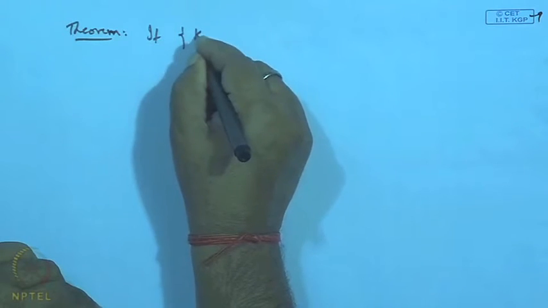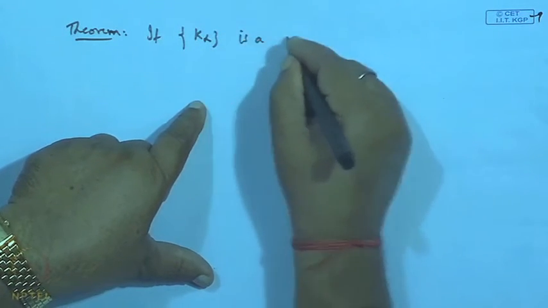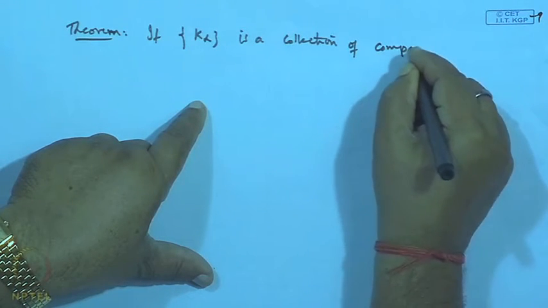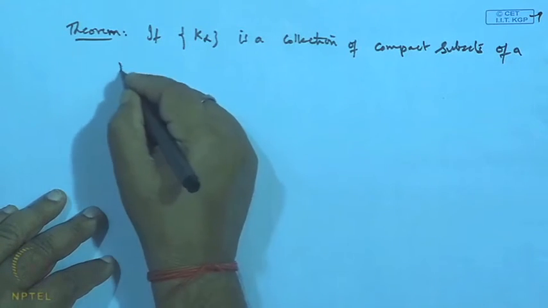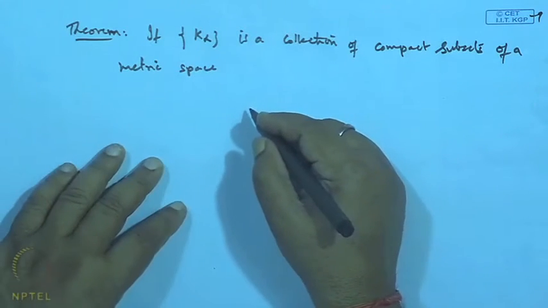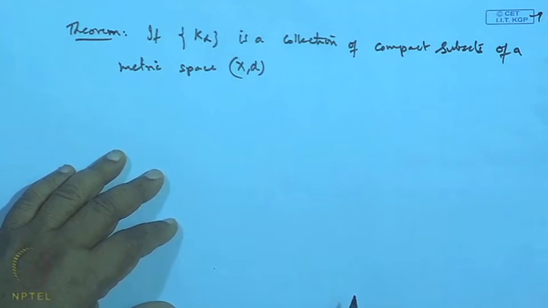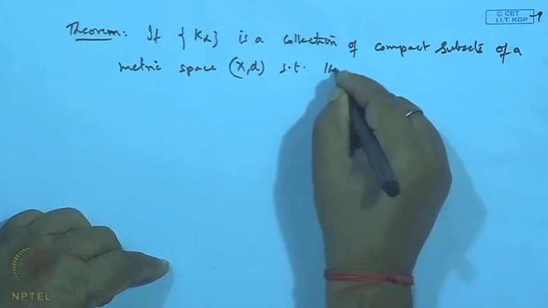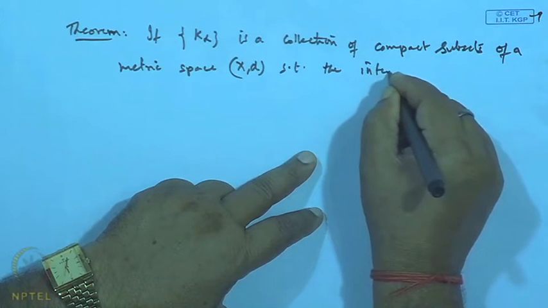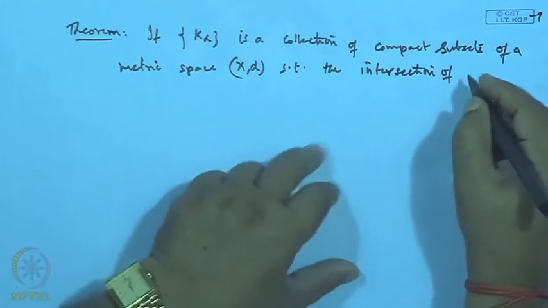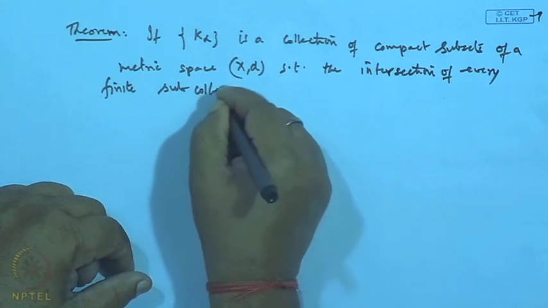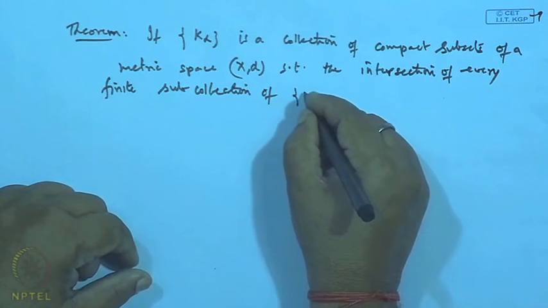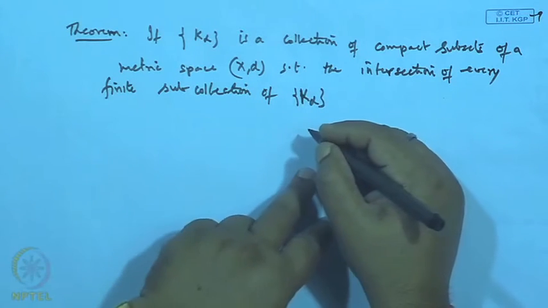The next result is also an interesting result. If K alpha is a collection of compact subsets of a metric space, say X, d, and such that the intersection of every finite subcollection of K alpha is non-empty,